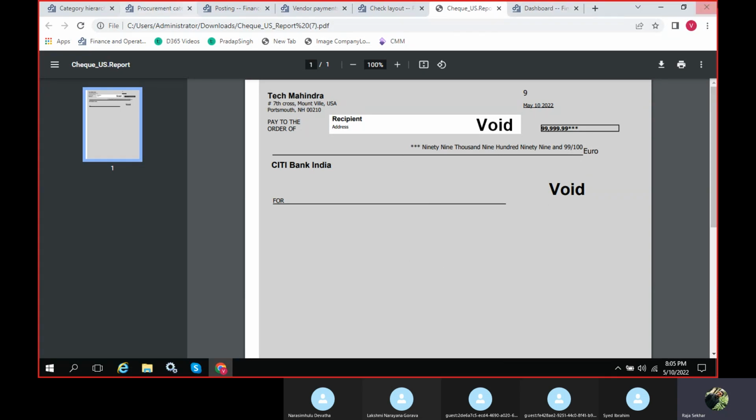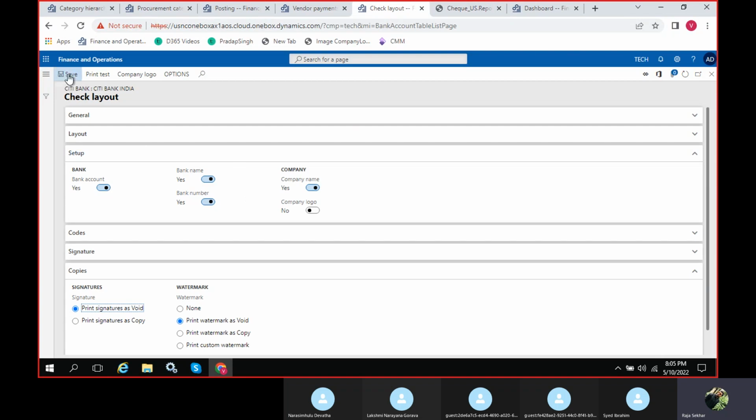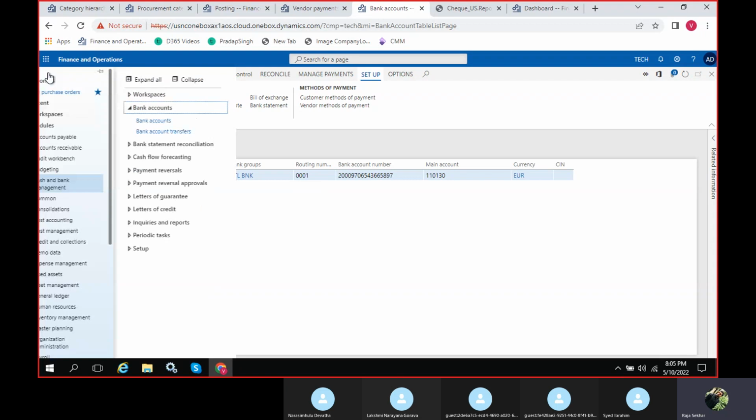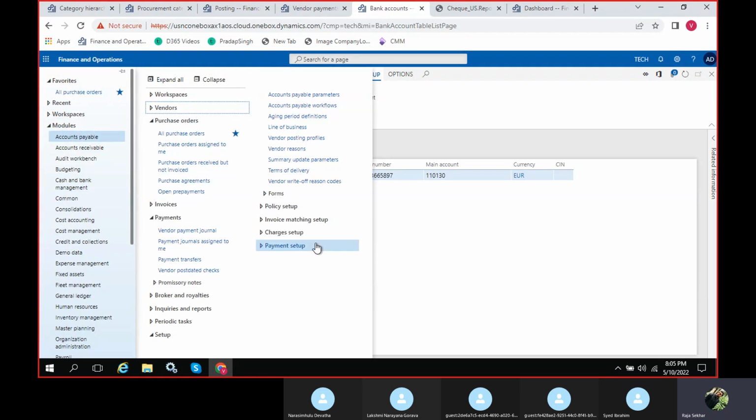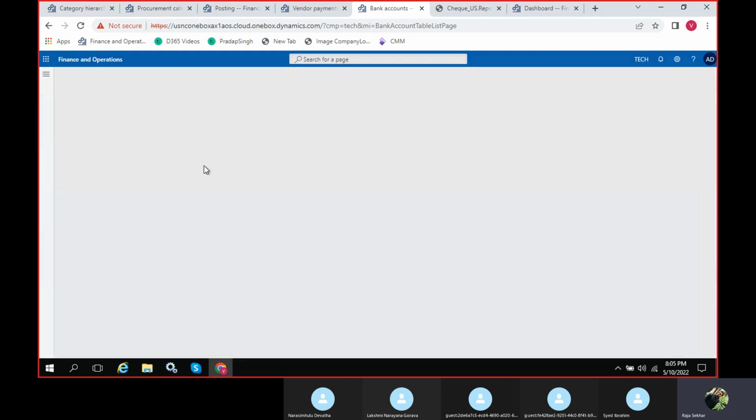Okay, so your check layout has been defined, and now one payment method also needs to be created. Accounts payable, payment setup, methods of payment.